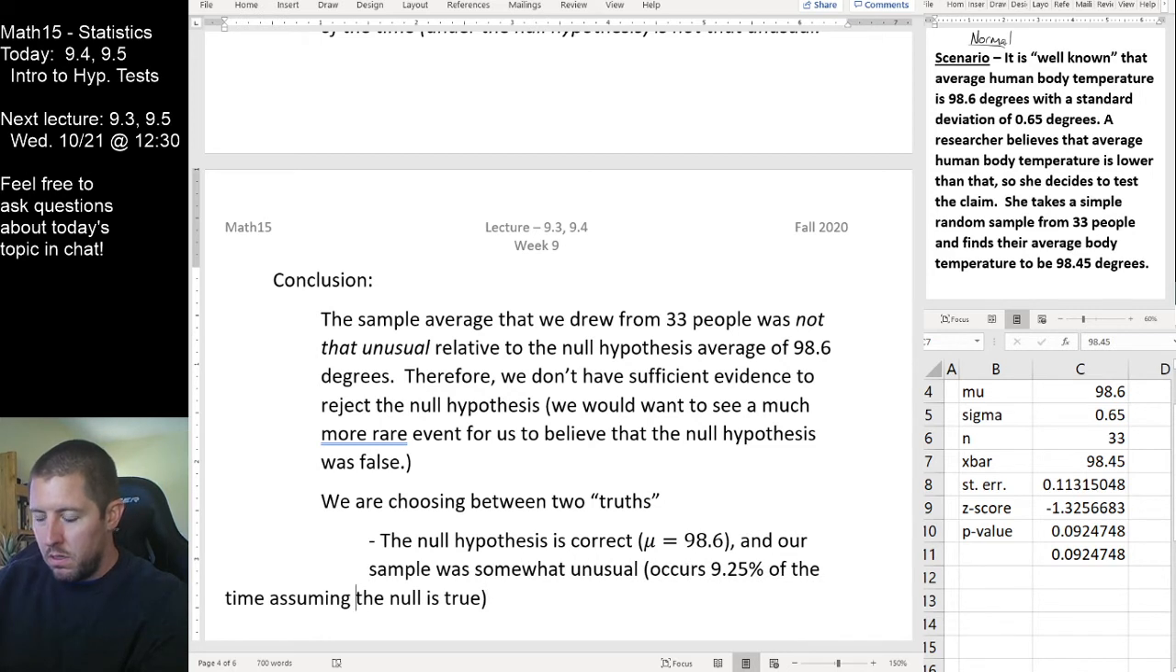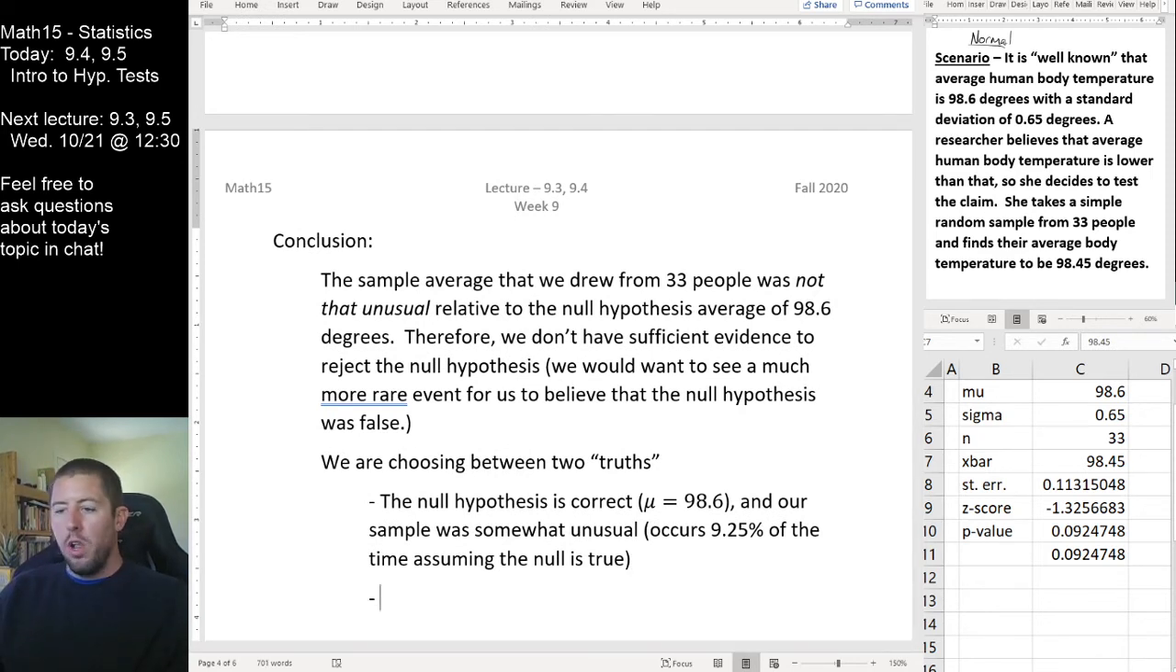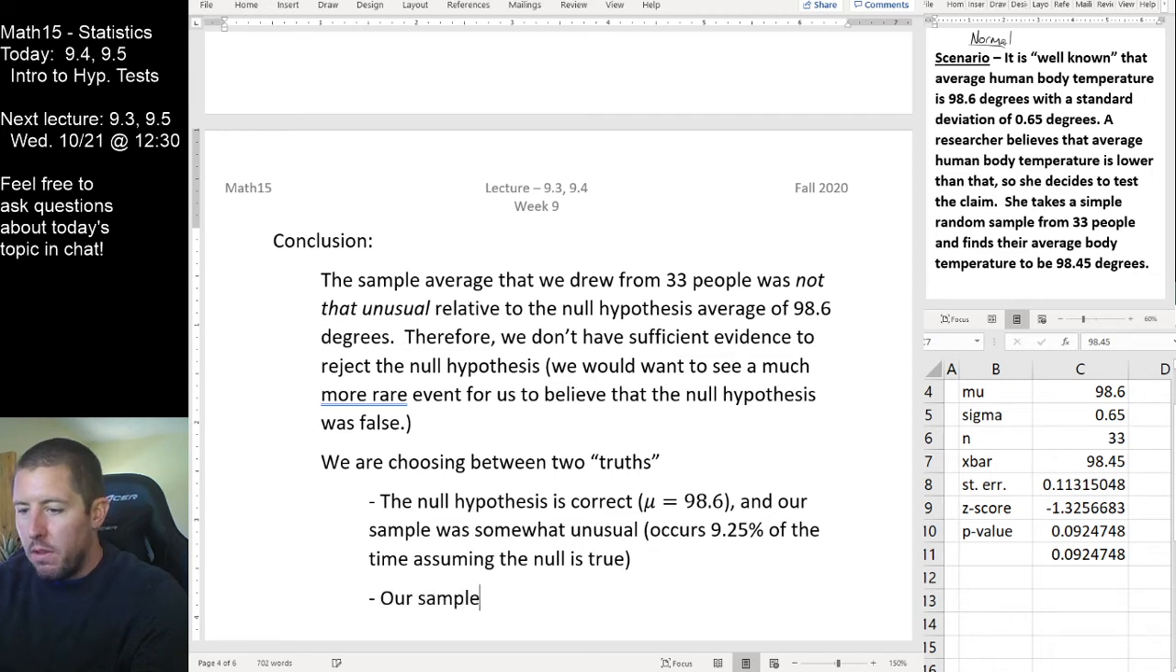So always we are choosing between two possible truths when we are making our conclusion. One possible conclusion will always be that the null hypothesis is correct and that our sample was just maybe a little weird. And that can happen. That's called probability and statistics right there. There's always going to be variation. The alternate conclusion that we could be drawing is that our sample was unusual enough